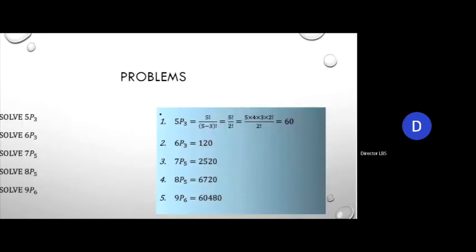Okay, let's go ahead. Now, there are certain solutions. I have solved the first problem, 5P3. This is one of the simplest problems. So, I want you to solve problems 2, 3, 4, 5. Go ahead, solve it. Answers are written on the right. Try to solve them manually, quickly. Giving you a minute. First solution is right here. You can use a calculator, I don't mind. If you're using a scientific calculator, I think the permutation formula is direct there, but don't use a scientific calculator, use a simple calculator. Answers are there on the right, match them. Anybody who's having a confusion, do let me know.